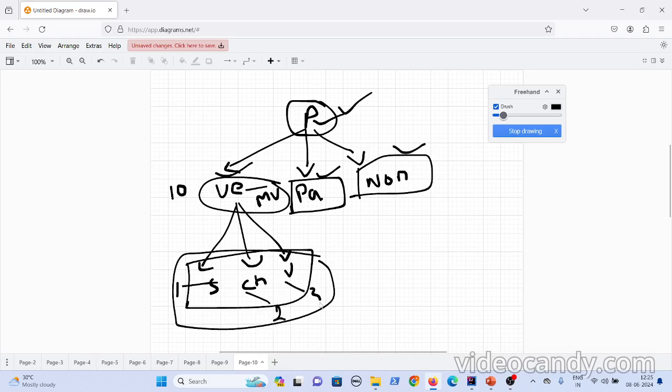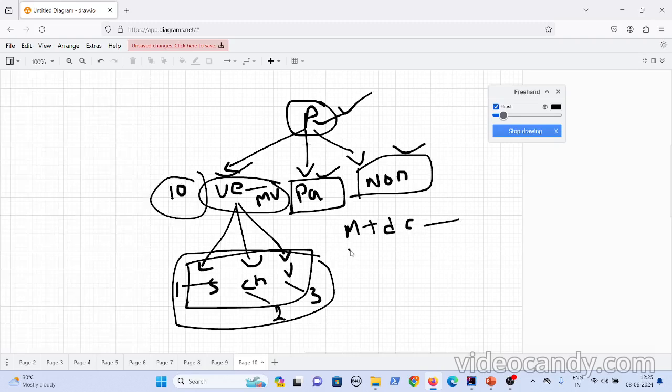Let's say I order a mushroom pizza with double cheese burst. The mushroom pizza costs $10, the cheese burst costs $2, but I'm ordering double, which means twice. So 2 plus 2, and the total cost of the pizza comes to $14.